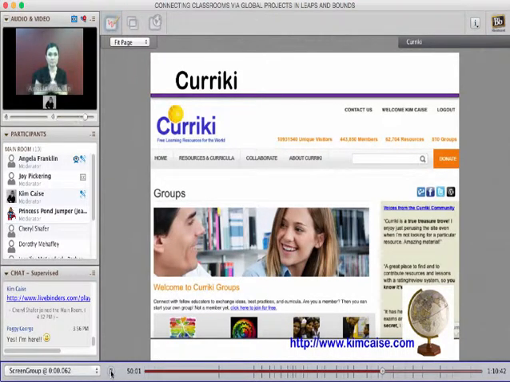And Kirki is similar. It's a repository more for uploading resources, but they do have groups that you can join that are based on topic or grade level.